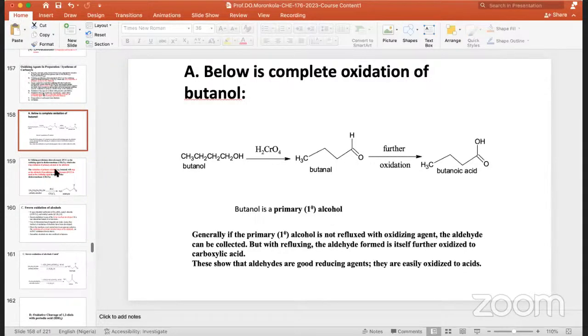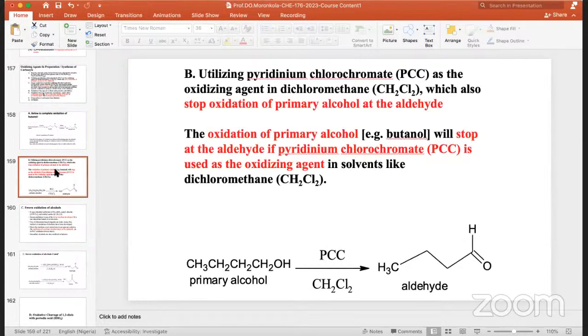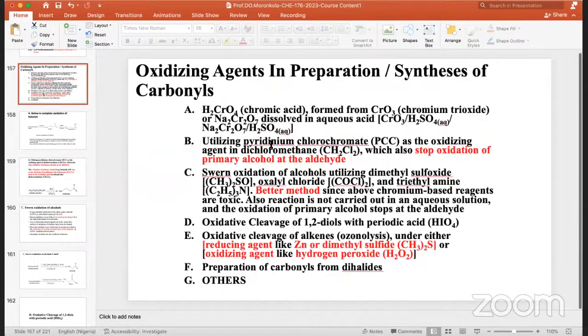Let's check on another oxidizing agent, and that is utilizing, if you remember B, I said utilizing pyridinium chlorochromate. This reagent is shortened as PCC, representing pyridinium chlorochromate, PCC. You can call it where you are so that you are used to it. The PCC is utilized as oxidizing agent in this medium, dichloroethane. The major advantage here is what I've placed in red, that when you utilize PCC as our oxidizing agent,